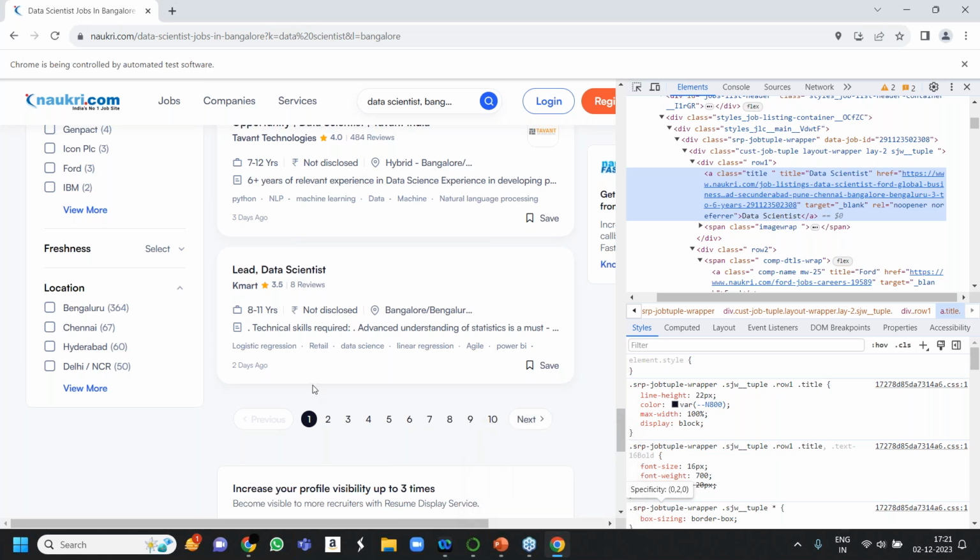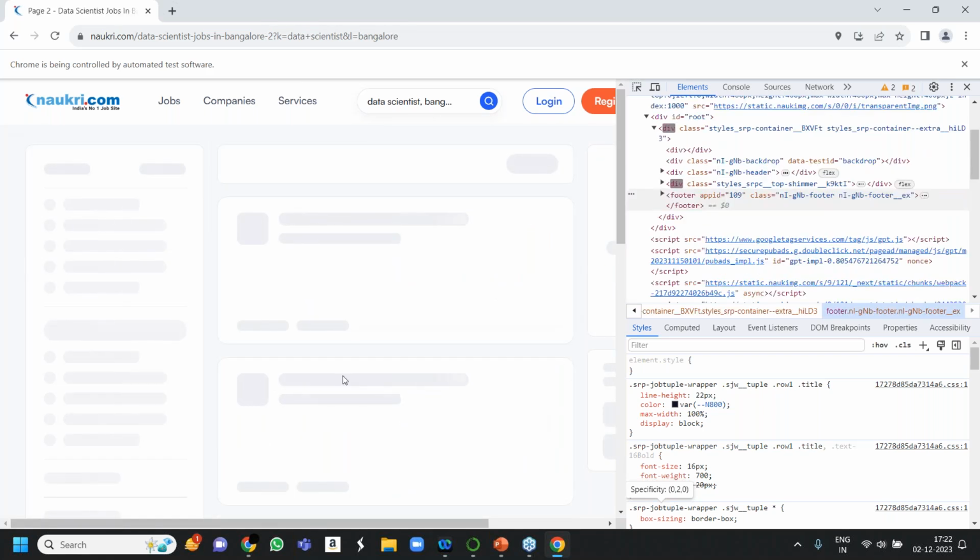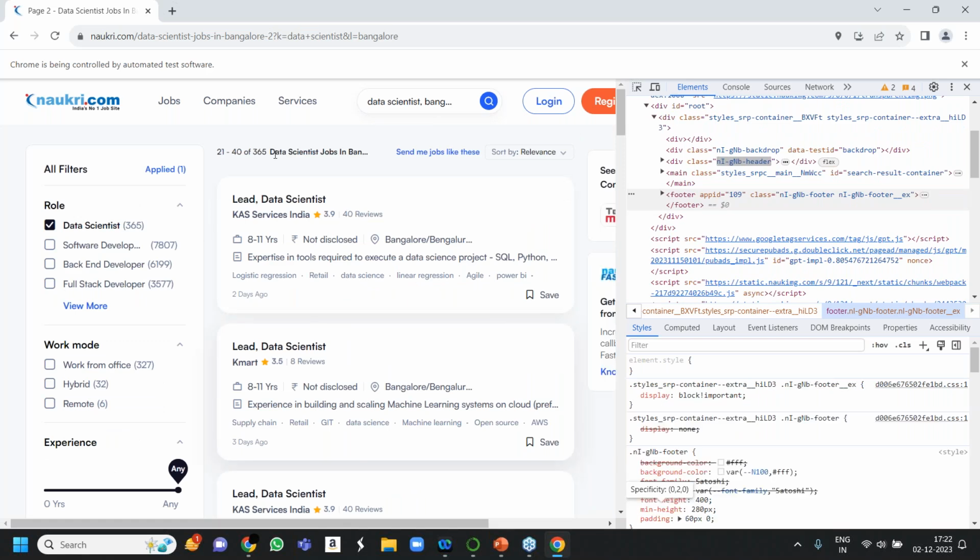You just need to add one more line in your code. See, manually, if I tell you that I need to see job details on the second page, what will you do? Just give me common sense. You will simply click on the next page and you will see these details, right? Am I clear?